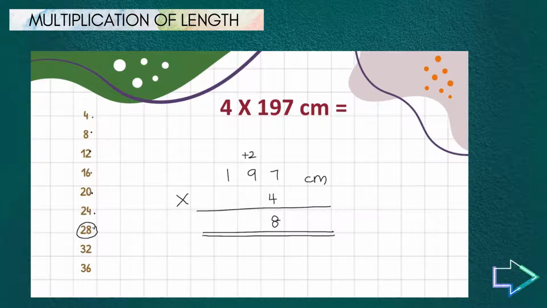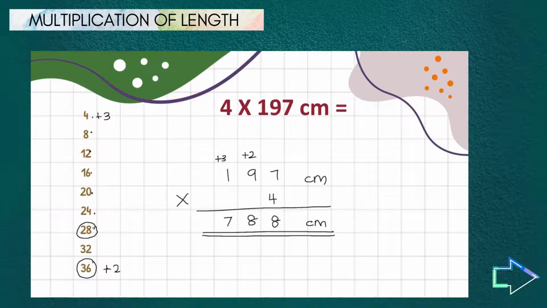Next one, times the second number, which is 9 times with 4 equals to 36 plus with the 2 on top of 9. So 36 plus 2 is equal to 38. Write down 8 and bring up 3 above 1 and plus it later. Next, 1 times with 4 is equal to 4 and then plus with 3 equals to 7. So we write down 7. Don't forget to bring down the unit, which is centimeter. So 4 times 197 centimeter is equal to